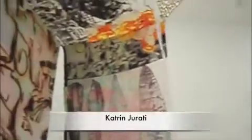And Katrin. These are paintings on silk, obviously. She works in a tiny studio, right? So she doesn't know what the whole piece looks like until she gets it in here. She makes a small kind of collage. And this one,